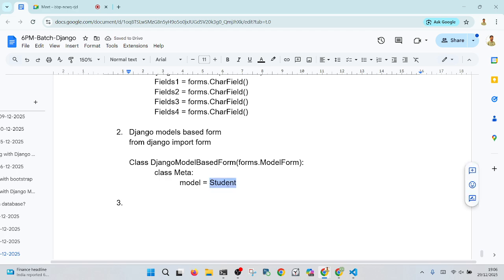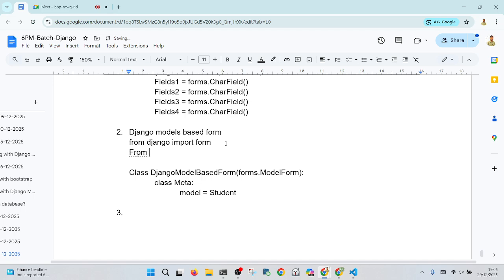Now this Student is available here. Let's assume there is one app called test app, so from testapp.models import Student. Understand, guys? Now which fields do you want? What are the fields you want for the form? Then fields is equal to